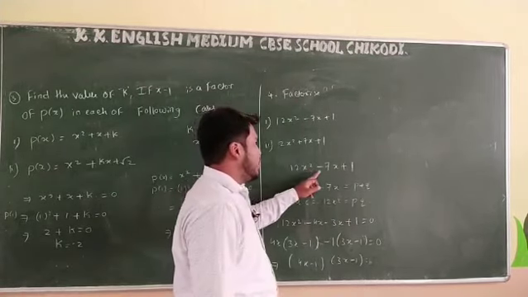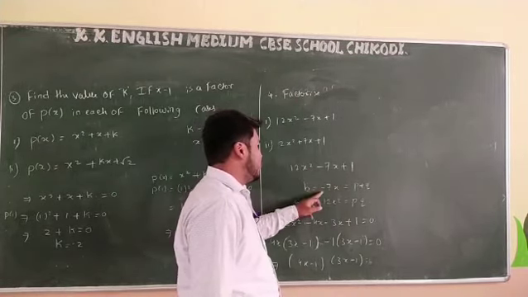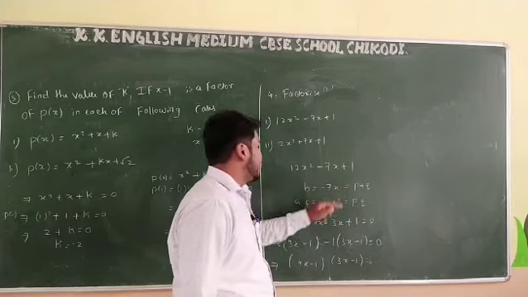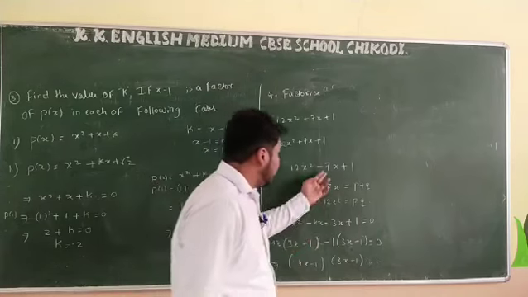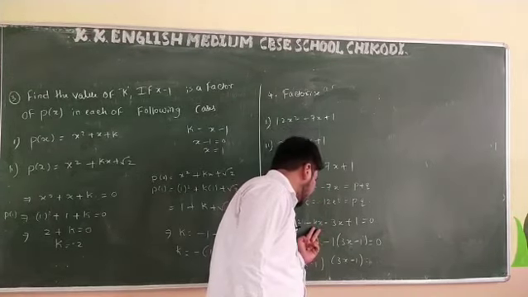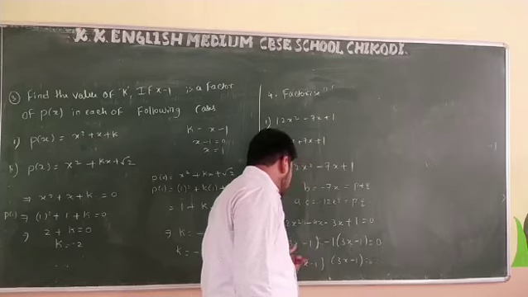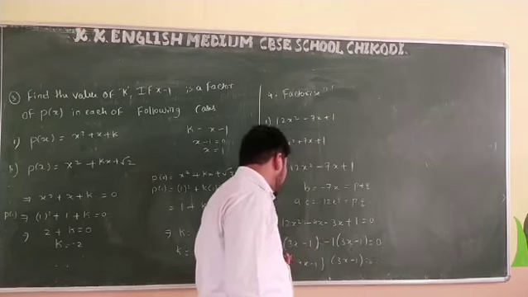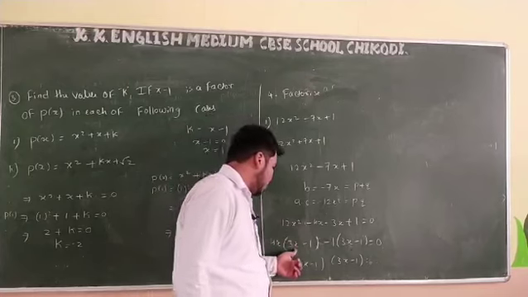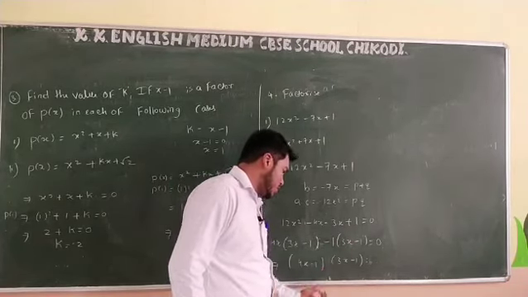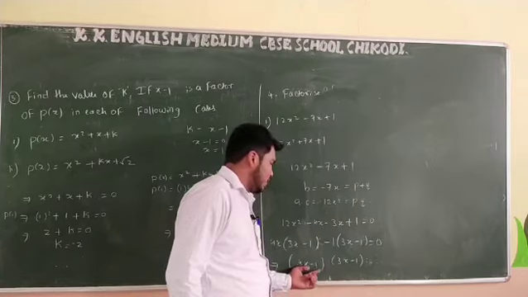So 12x square minus 7x plus 1, b is minus 7x, ac equals 12x square. I have split minus 7x into two terms, that is minus 4x and minus 3x plus 1. From 12x square minus 4x you have common 4x, that is 4 3s are 12, 3x minus 1. In these two terms minus 1 is common, that is 3x minus 1. The two factors are 4x minus 1 and